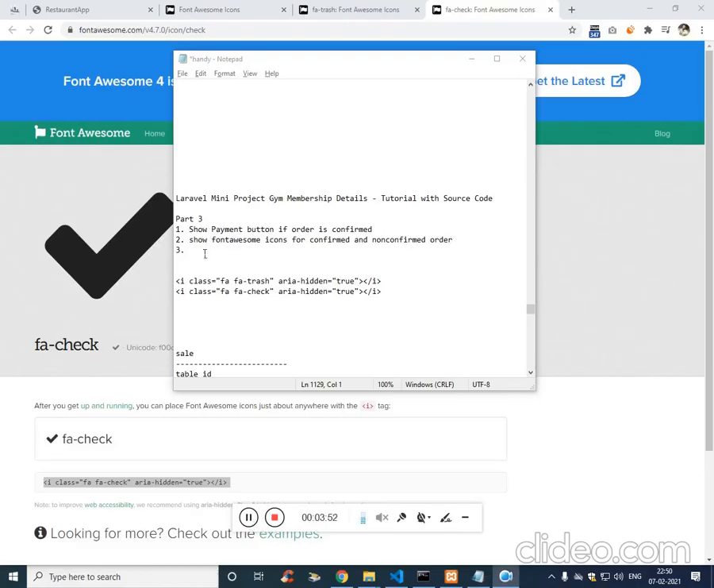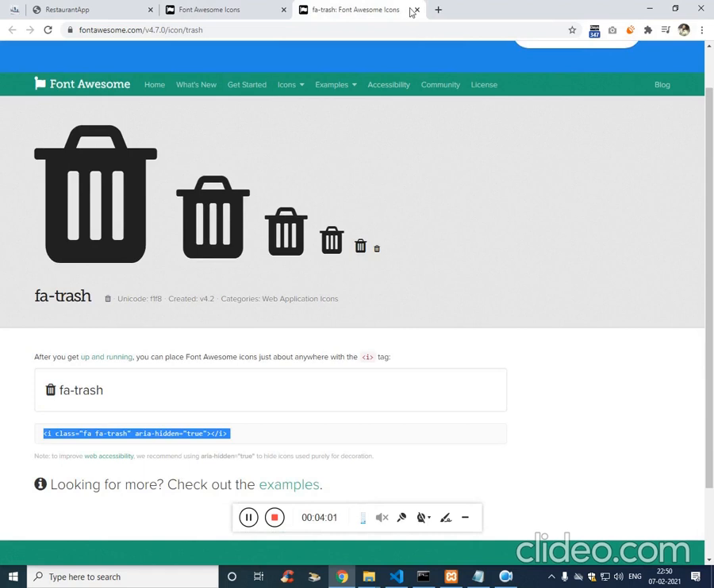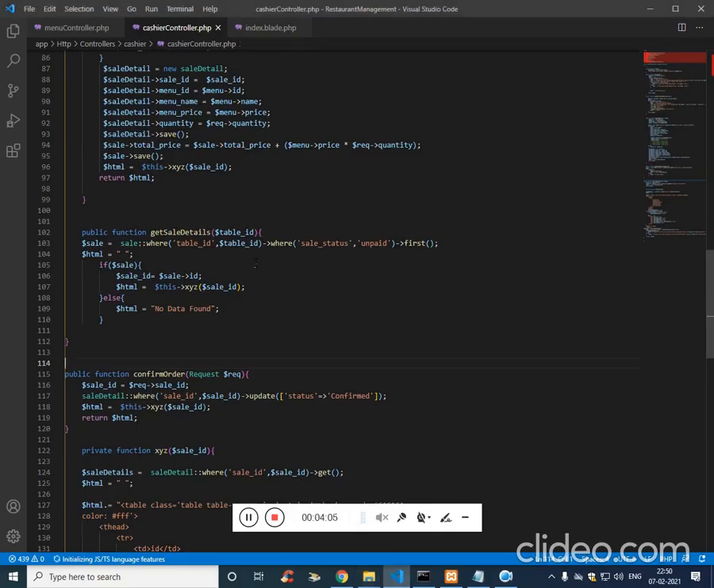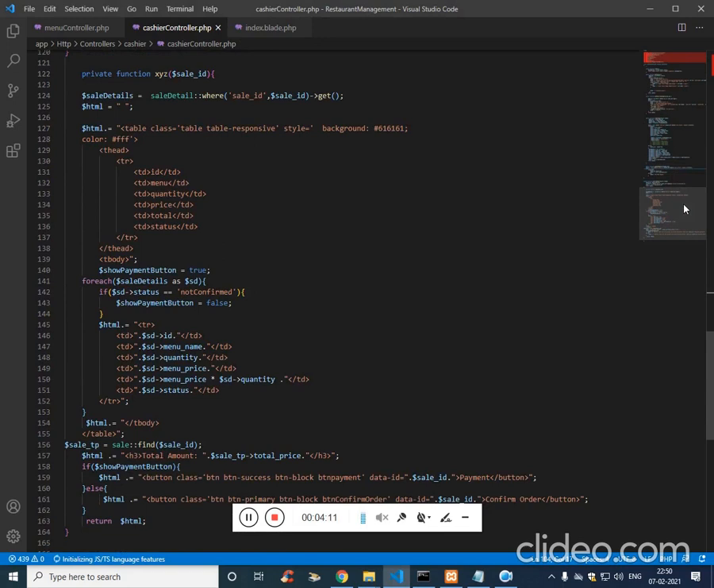Now we have to show fontawesome icons for confirmed and non-confirmed. So for confirmed, this is tick. For non-confirmed, this is going to be trash can. So that is what we are going to do now. So the place where we have used true false for show button is a place that we are going to work on now. So just get this. So over here,